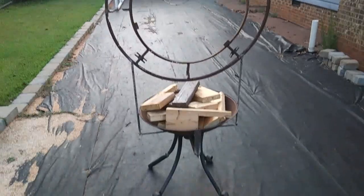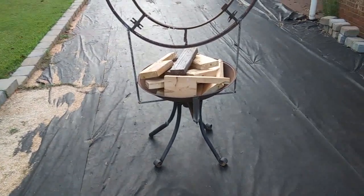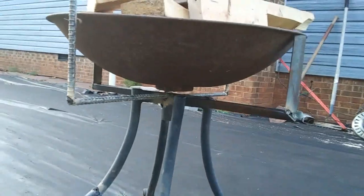As you can see, I took an old table base, an old fire pit bottom, some rebar, and reinforced it and made a frame. Also took some square channel down here and made it like a hand to hold it